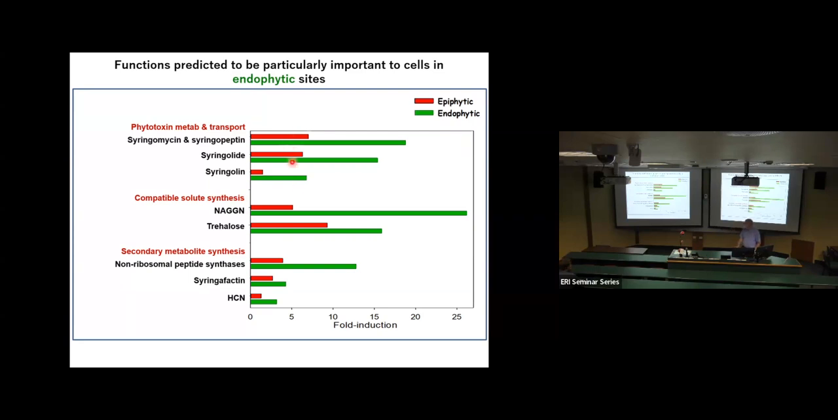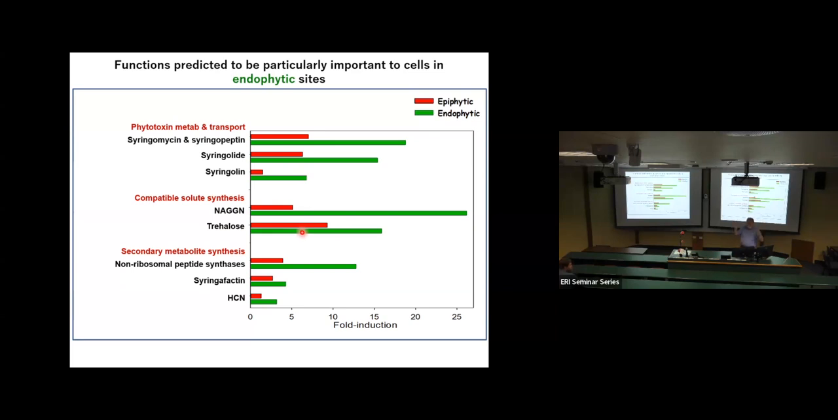Okay, but what was really quite interesting was this other group of compatible solutes. These are molecules like NAGGN, proline, trehalose. These are all molecules that allow the cells to tolerate low water conditions. And we would expect them to be upregulated on the cells that were on the surface of the plant because that dries up frequently. And you see that in the red, that yes, cells on the leaf surface were trying